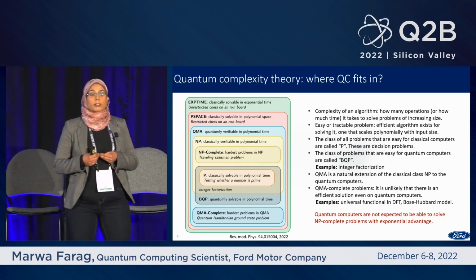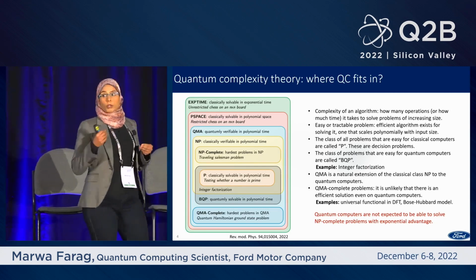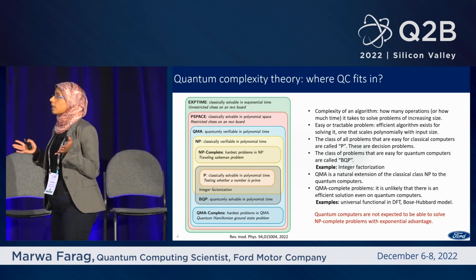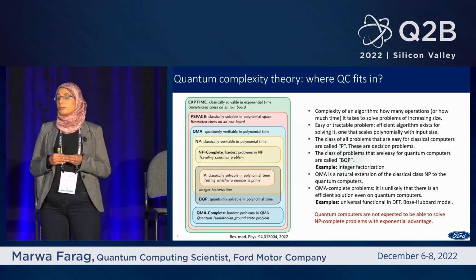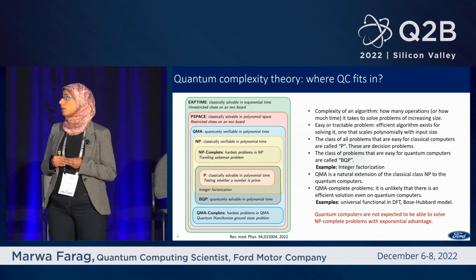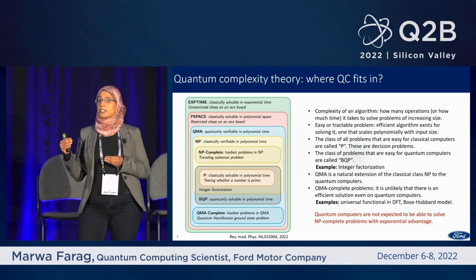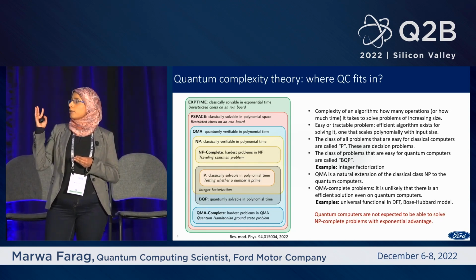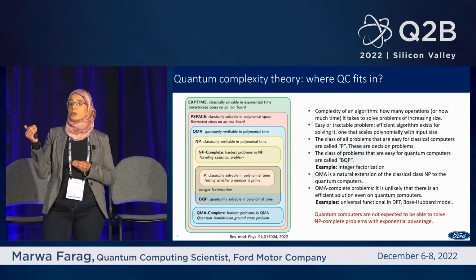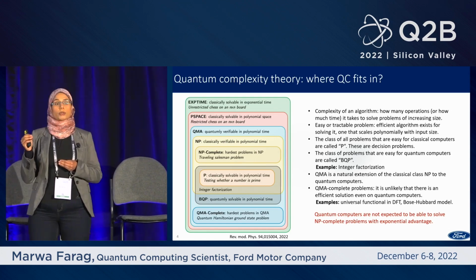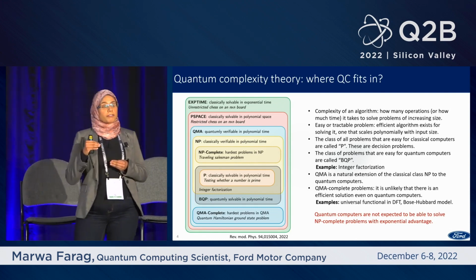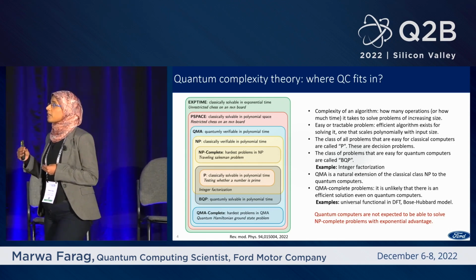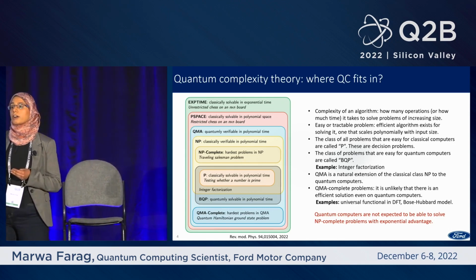On a classical computer, those problems that we can solve in polynomial time are called the P class. Then we have another class called NP. Here we have a lot of important and interesting problems in industry. Simply, in NP, if you know the solution, you can verify if it is correct or not in polynomial time. But finding the solution is very hard; it can be exponential. Then we have the NP-complete problems, and those are the hardest problems.